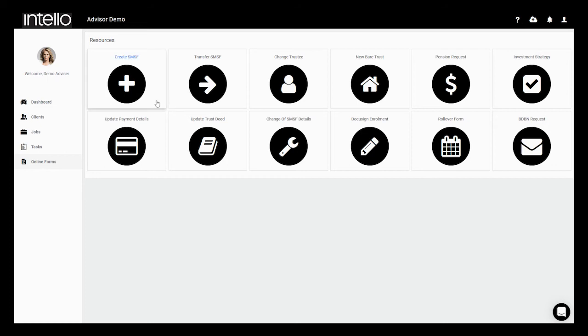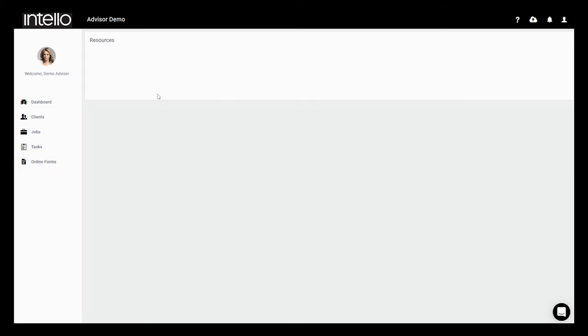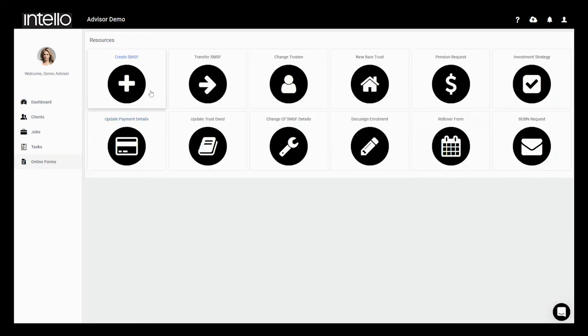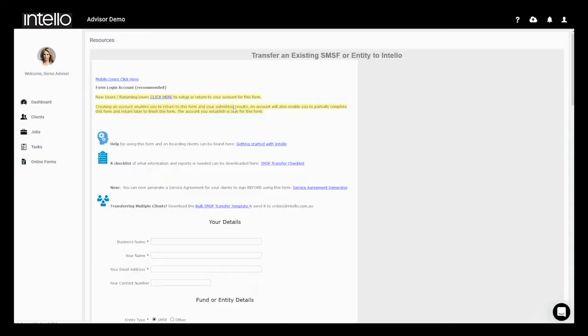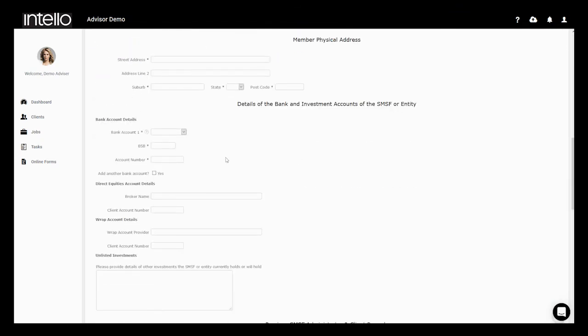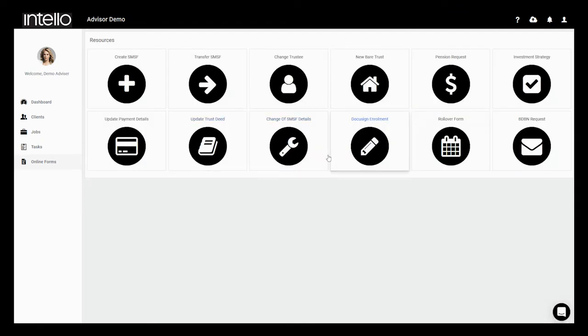So the key ones are obviously creating a new self-managed super fund when that fires up, or you can transfer an existing client. You just fill out the form, fill out all your details, the client's details, all the information you have, and that'll trigger the process for us to onboard an existing client that you have to start to use our services. There's also a number of other things you can do, such as changing a trustee from individual